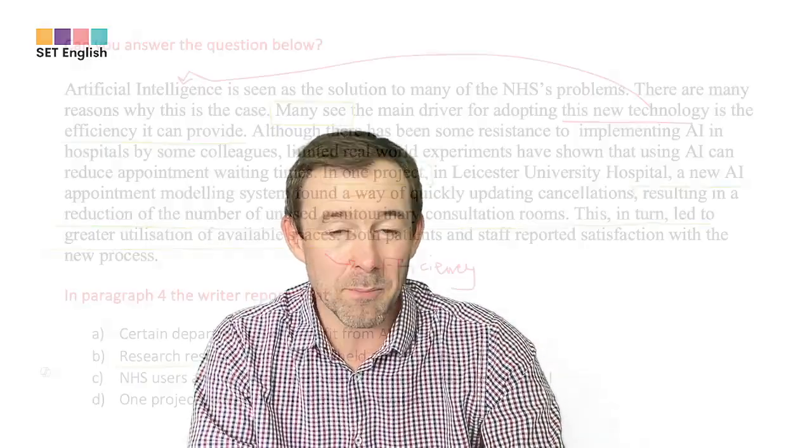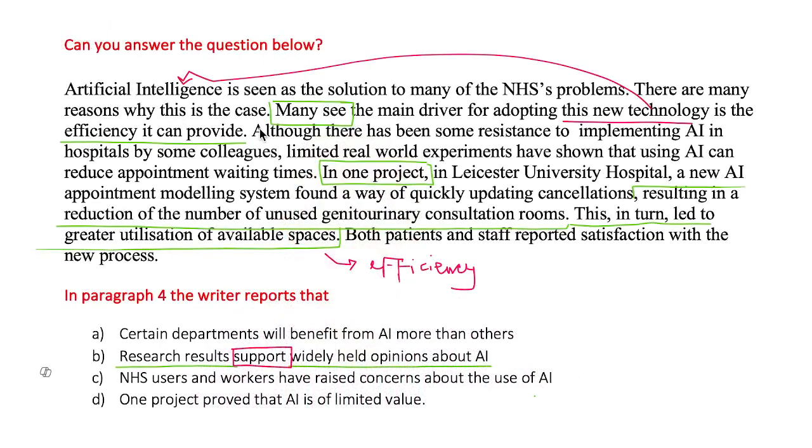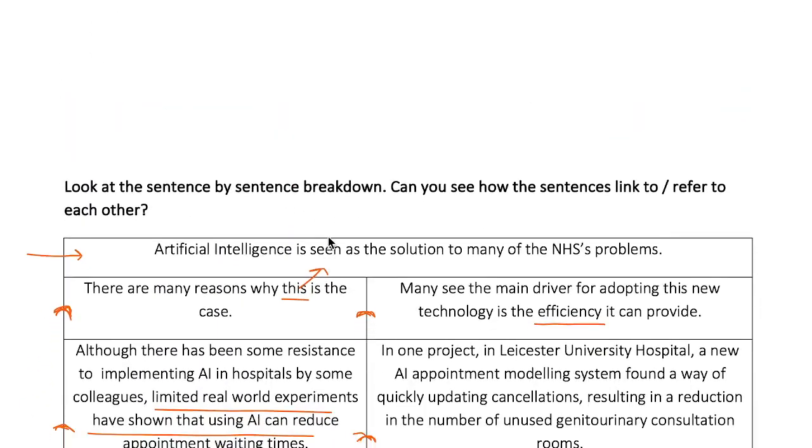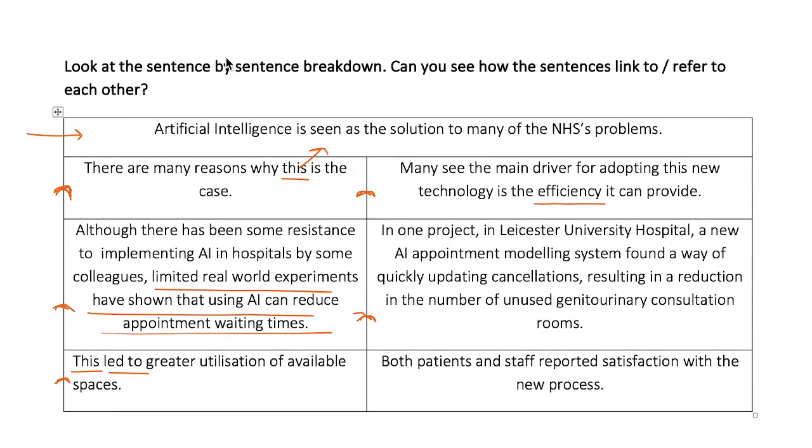So we've got to be able to build our ideas. If we go up and have a look here, we've got to be able to understand how ideas are built here, how they're connected, and how a sophisticated idea is created. After we do that, we've got to be able to analyze the answer options, recognize distractors, have good attention to detail, and eliminate in order to choose the right answers. Okay, so